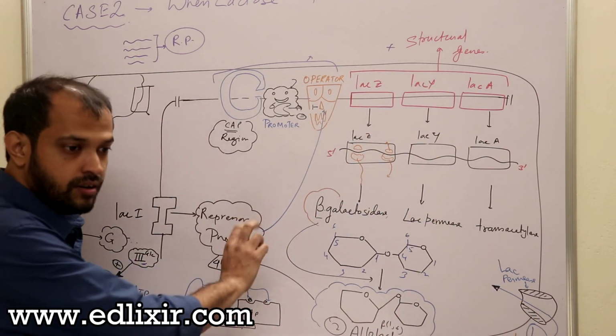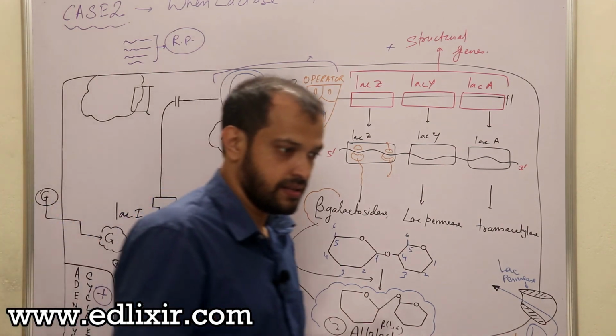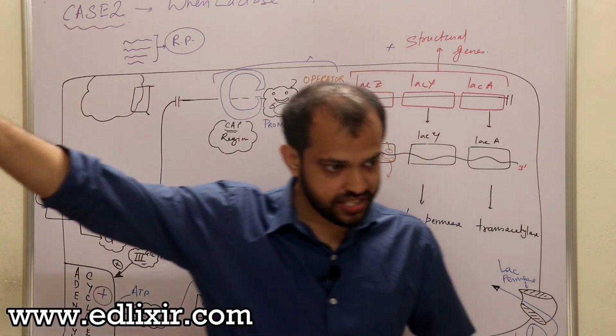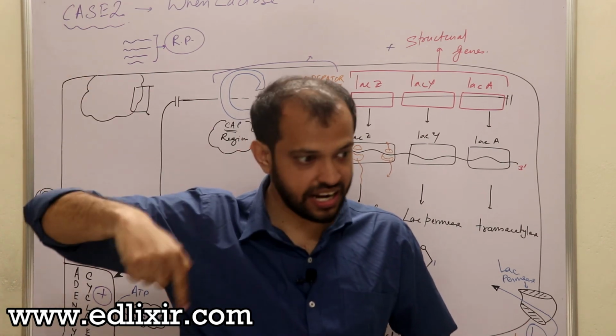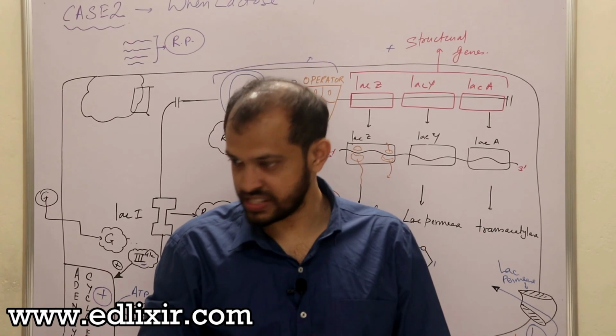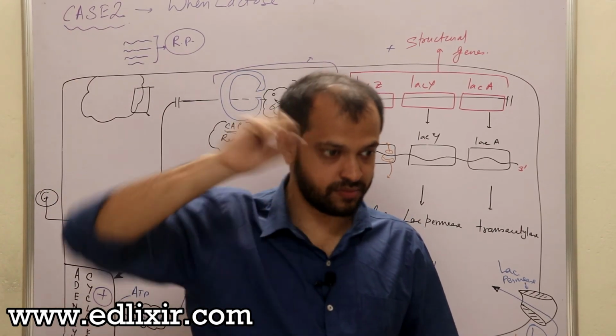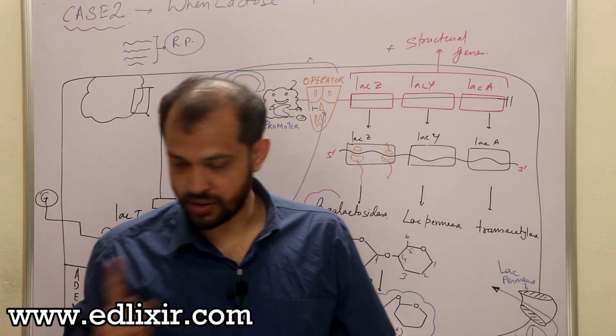Now, you have learned only how the Lac Operon works. That means an extracellular signal is coming into the cell and telling the cell which genes to turn on and off, right? This is the Lac Operon. That means an extracellular signal controlling gene transcription. That's it. But my question is this,